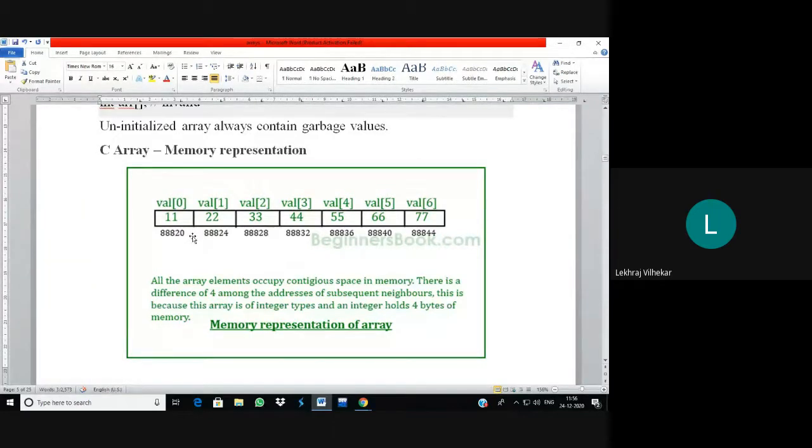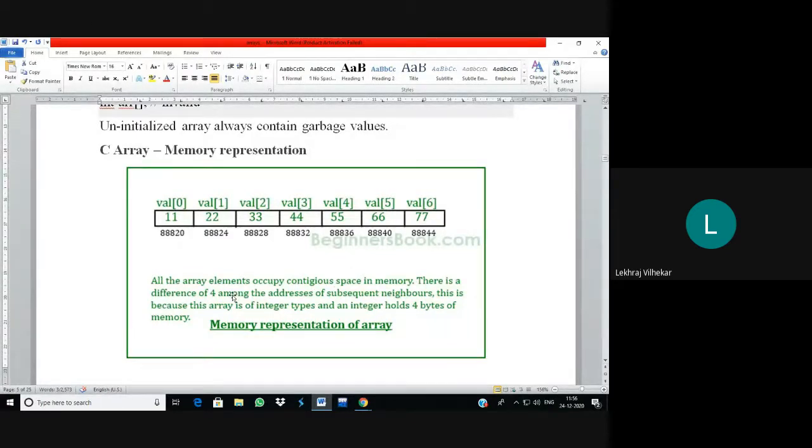I told you last time that the size of an integer is 4 bytes depending upon the type of machine, whether it is 32-bit or 64-bit. So that's why the difference is 4 over here: 20 plus 4 is 24, 24 plus 4 is 28. In contiguous memory allocation, just after every 4 bytes you find the second element, third element, fourth, fifth, sixth, and seventh element.